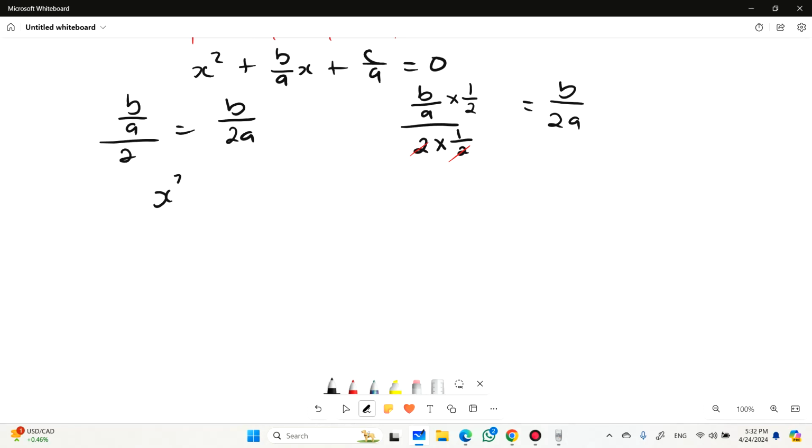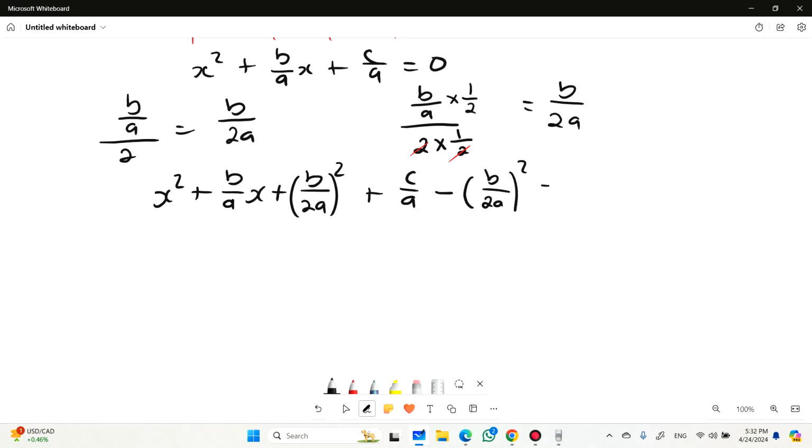So I'm going to have x squared plus b over a x plus b over 2a squared, and then plus c over a, and then minus b over 2a squared, which is equal to 0. Now remember that here I have to put this bracket, so I can eliminate this here, and I'll have x plus b over 2a